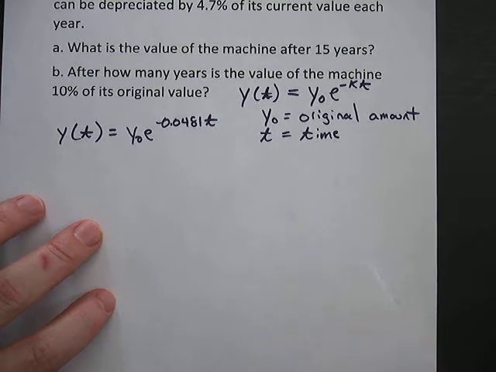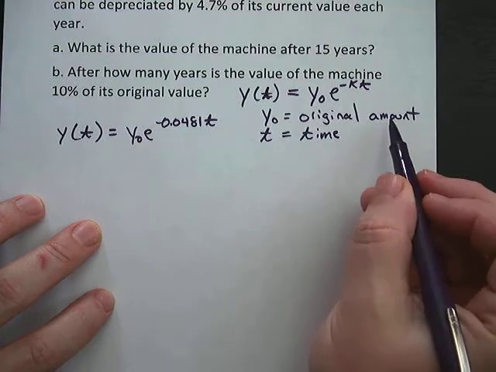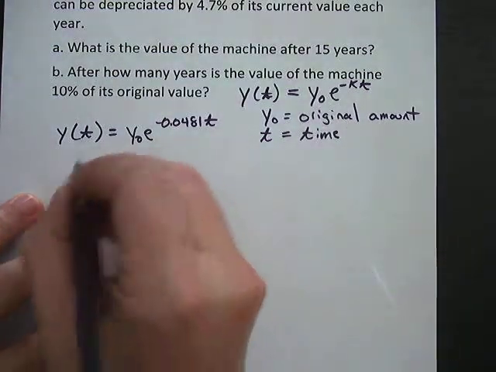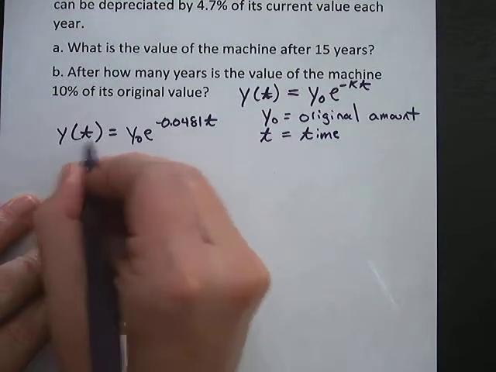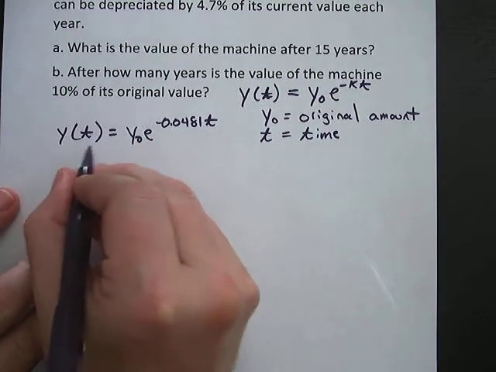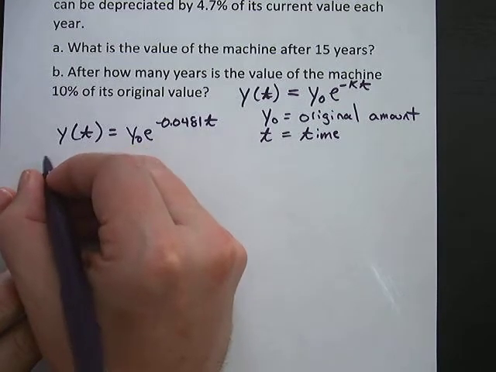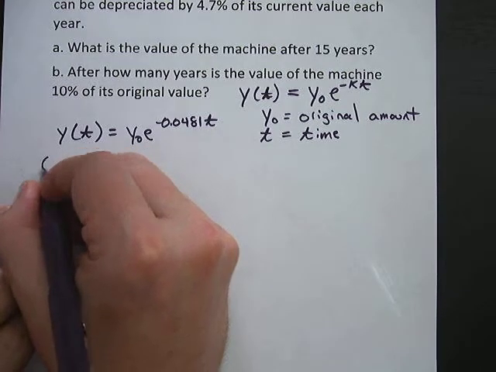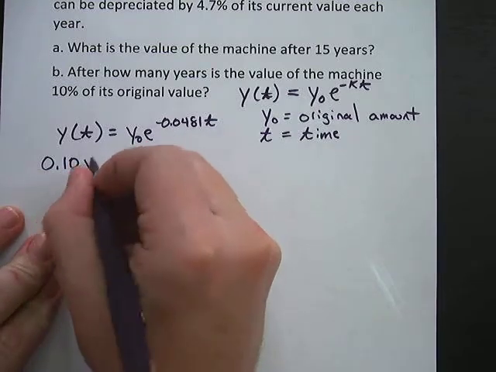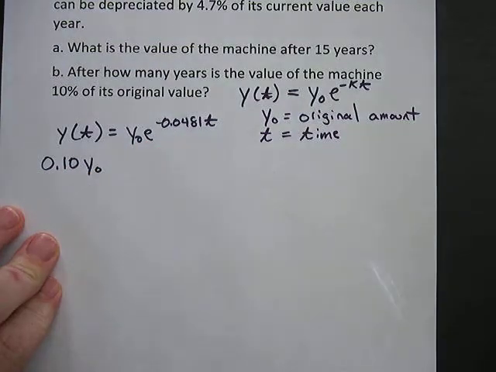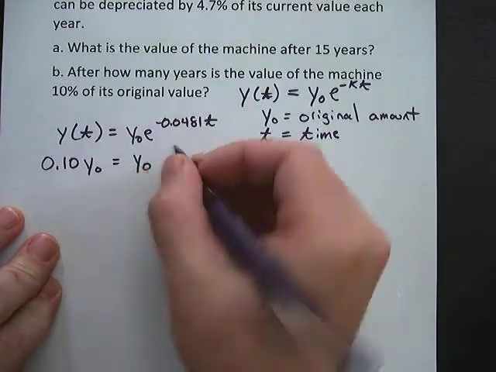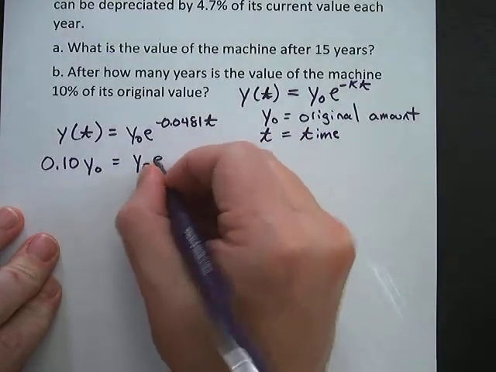The original value, or the original amount, is y sub 0, right? So I can replace this side of the function with 10% of the original value, meaning if I put that as a decimal, it would be 0.10, 10% of the original value, which is y sub 0, equals y sub 0 again, e to the negative